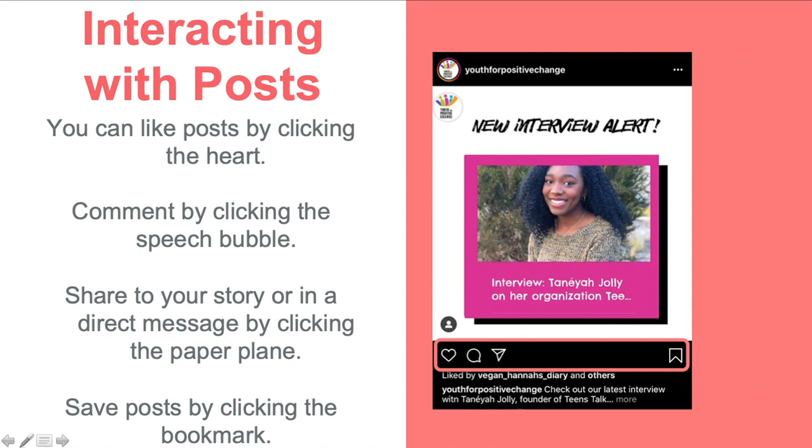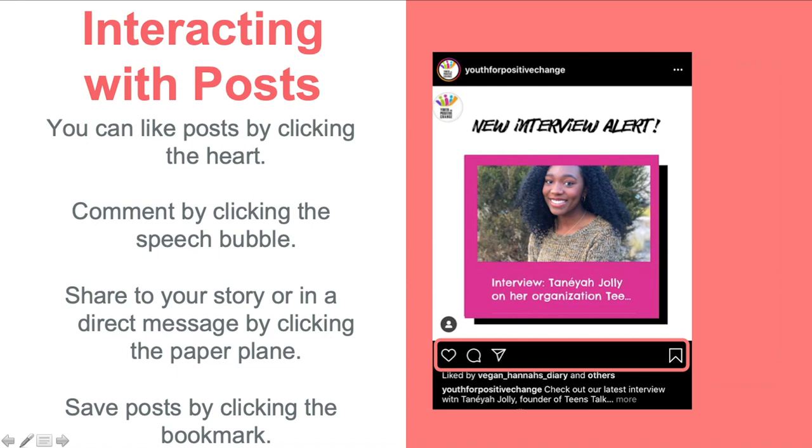So when someone posts something, you'll see some icons at the bottom of the post. Here we have a heart, a little text box for commenting, a little airplane, and then to the right, a little bookmark. To like it, that's what the heart is that you're seeing there. To comment on it, that would be the speech bubble. And the little airplane is different ways of sharing this post with someone. So you can copy it, you can share it to someone's Facebook, you can do all sorts of things so that people you know can also see this exact post.